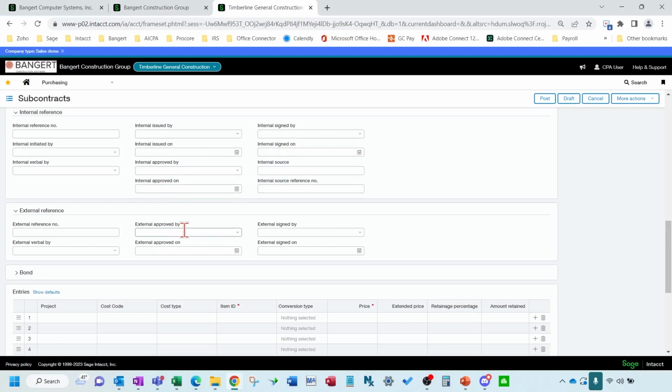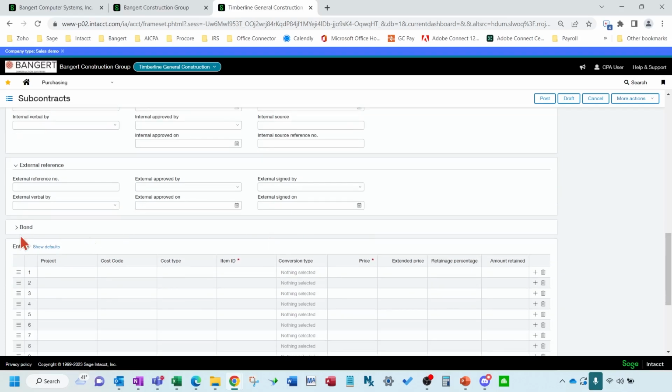Then it comes back. You can track your dates down here as far as when it came back, signed by the contractor. And then if you sign it after the subcontractor has signed it, you can come up here and do an internal signed by and date. Okay, so depending on your flow of how you send these out and how you retrieve them back in, and log all that, that would be what this area is all about.